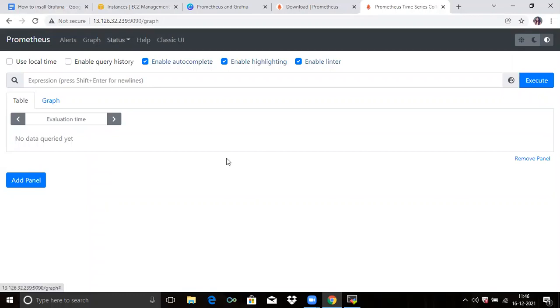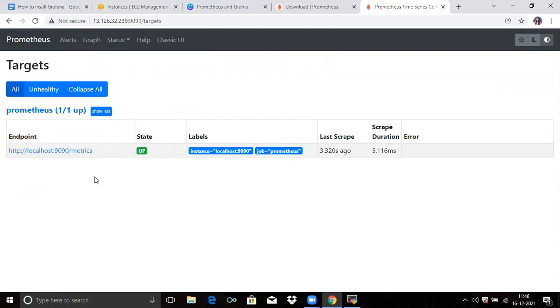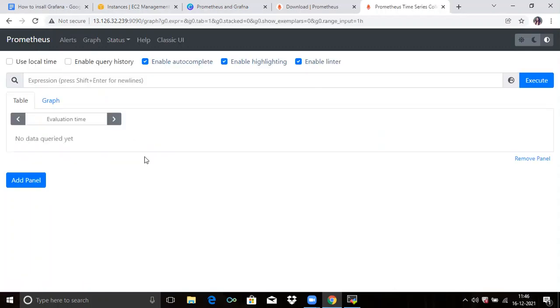So if you go to the status and click on targets, here there is only one target with the name Prometheus. Now we are going to add one more. So that's the Prometheus server. That means it's successfully installed. So now the next is,